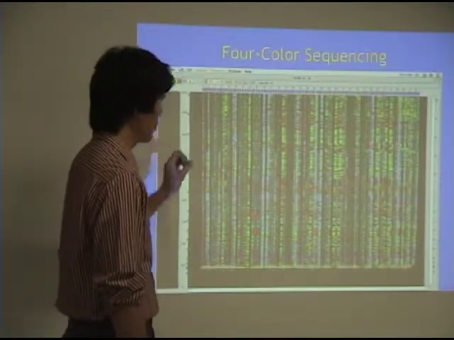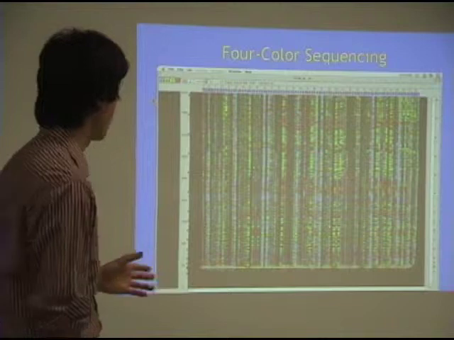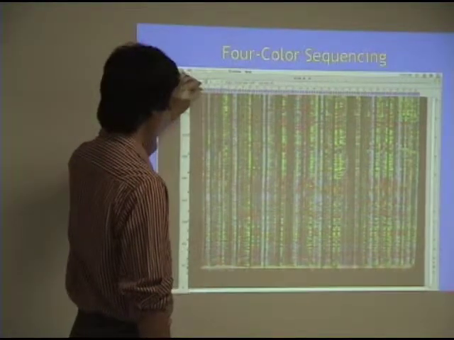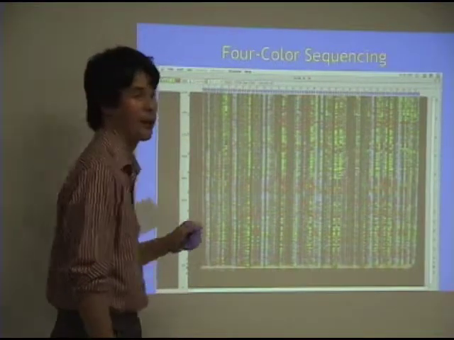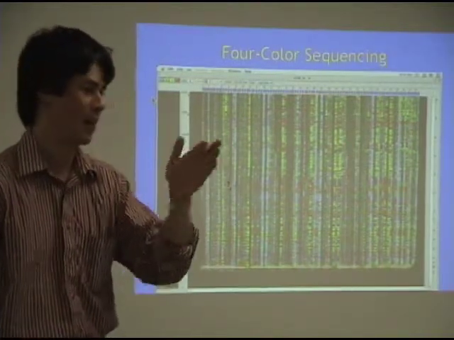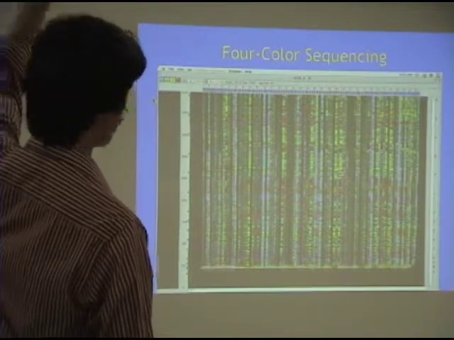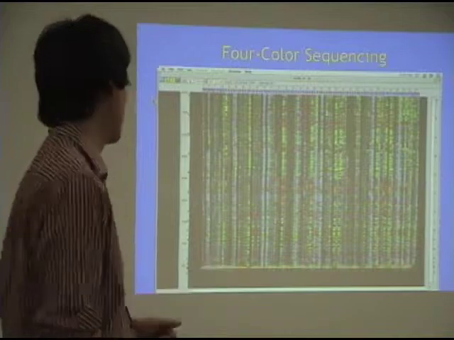And you use 4 different fluorescent dyes that have different colors of fluorescence, such that each product in that mixture gets labeled by the appropriate color, indicating which nucleotide is the last nucleotide in that product. And so actually by just reading up one of these lines, red, green, green, red, blue, etc.,